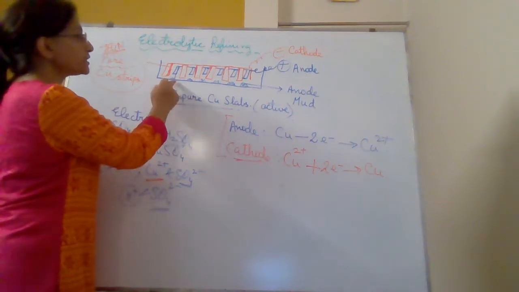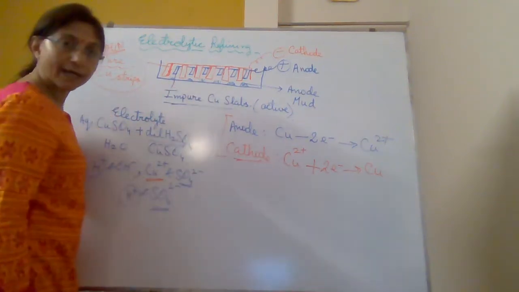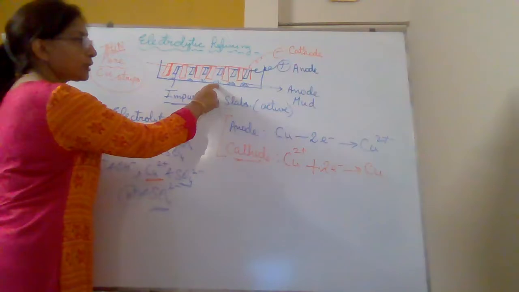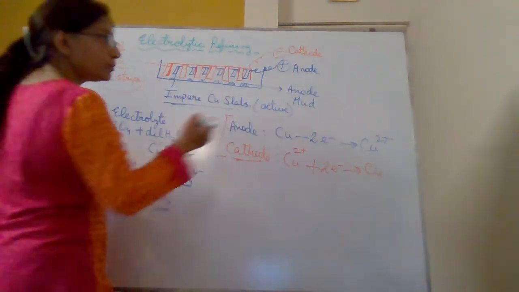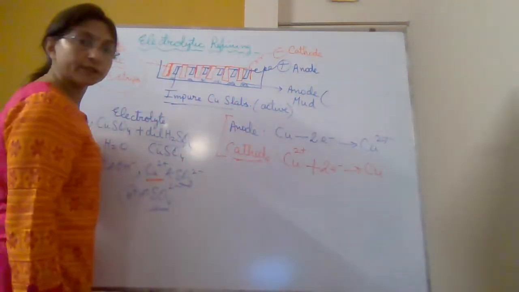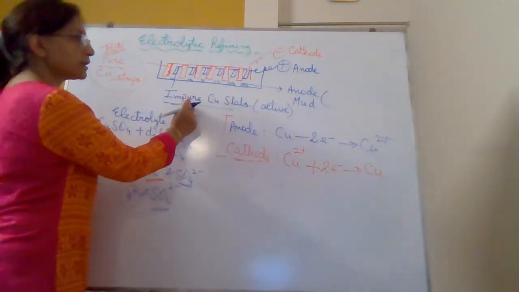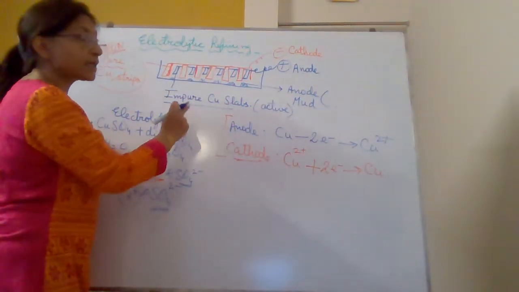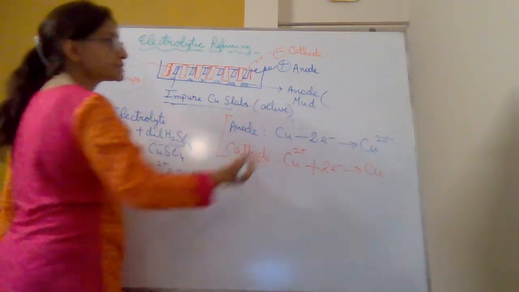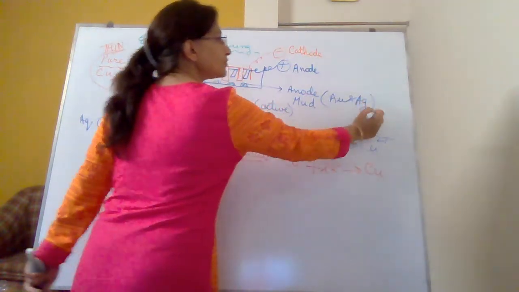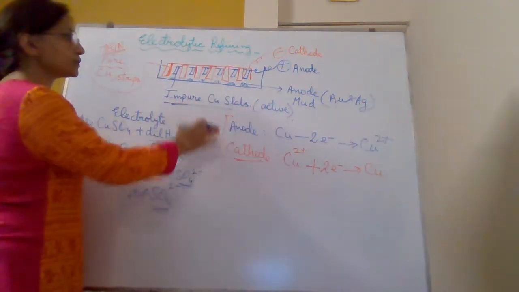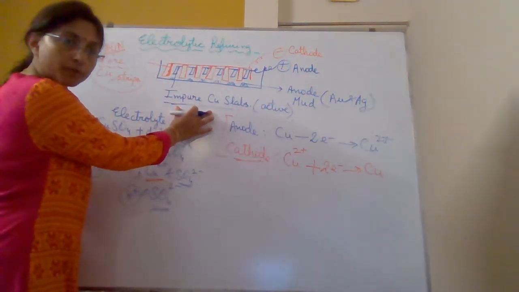यहाँ पर देखो, ये जितने भी आपके impure copper slabs हैं, इन सब के नीचे anode mud collect हो रहा है। Now, what is anode mud? Anode mud is basically the impurities which are present in these impure copper slabs. कौन से metals की impurities थी? ये थी गोल्ड की और सिल्वर की। जनरली गोल्ड और सिल्वर की इम्प्योरिटीज होती हैं हमारे इम्प्योर कॉपर स्लैब में।